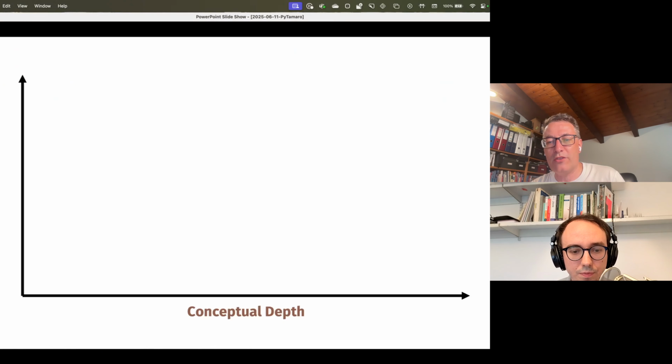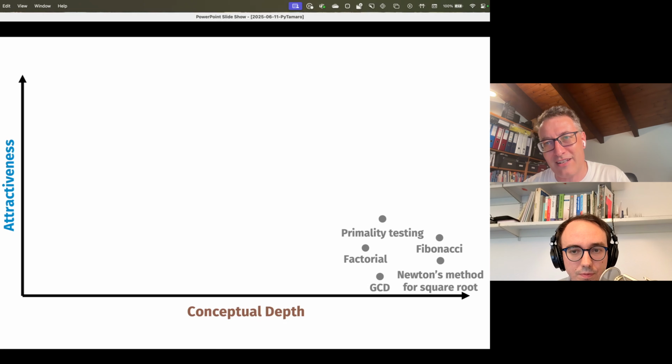And you could look at it in these two dimensions. On one way, you want to teach programming. You don't just want to play around. The other one, you want to have something that draws people in and they can't stop programming. And the ones that I just showed, they're maybe on this side. They are conceptually deep. You learn something algorithmically, computationally, but many students just do not find them so